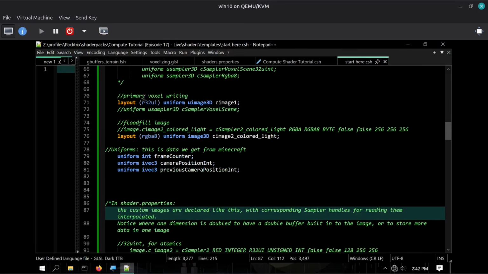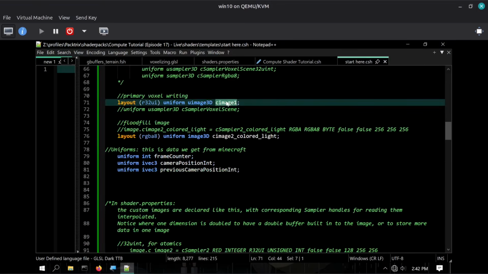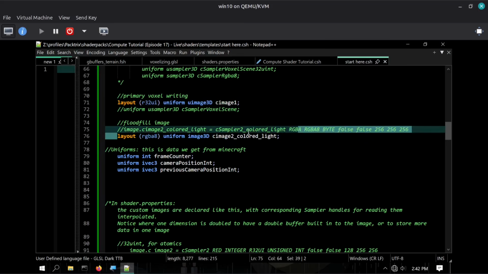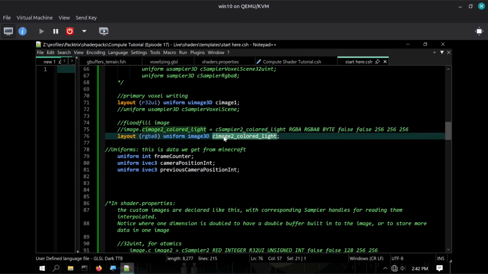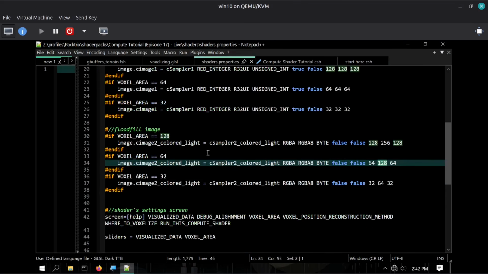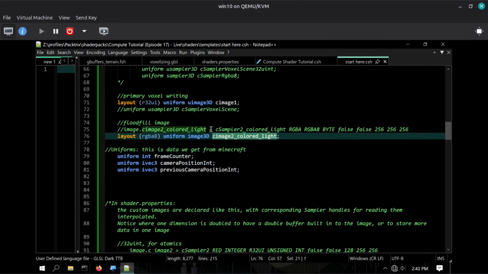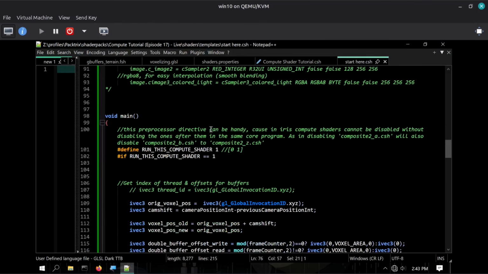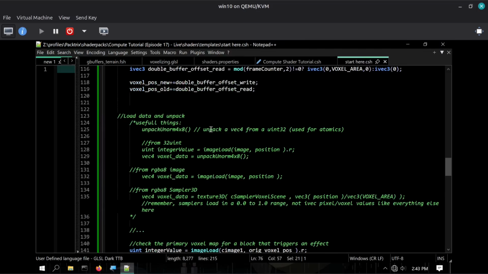Our inputs and outputs, we are taking in our image1, which has the voxel data, and we're going to also have our second image, image2, or our colored light is what we're calling this. And that's the one that in shadows.properties we have declared. Let's double the size on one axis so that we have a built-in double buffer. And then in our main,